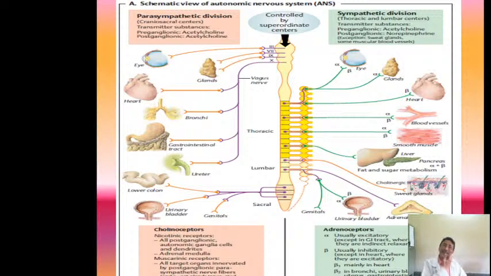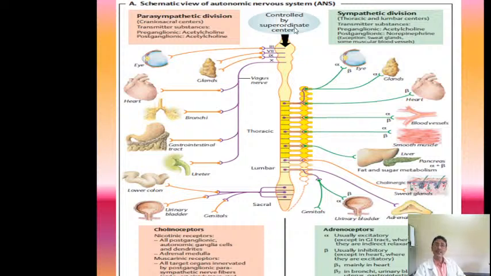Now if you see this here, you will find that in the whole autonomic nervous system, every organ is supplied by both sympathetic and parasympathetic, only their actions are different. Let us see the parasympathetic fibers here. The parasympathetic division is also called the craniosacral outflow. The nerves coming out from the cranium and the nerve fibers coming out from the sacrum have parasympathetic function, and hence it is called the craniosacral outflow.